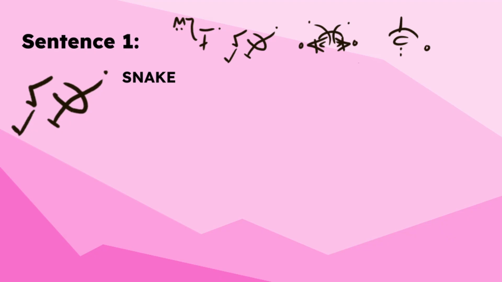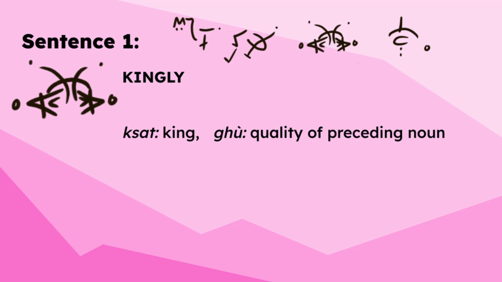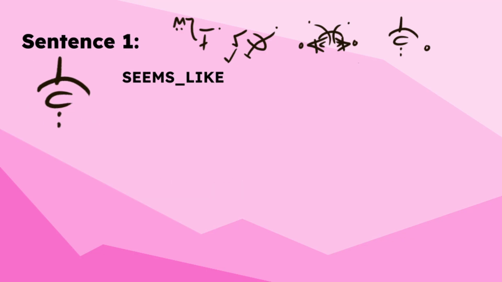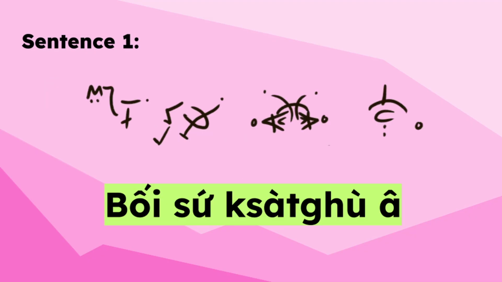Next is the sign for snake. The spoken word is su, which needs no change. Then there's this word, which roughly means kingly or noble. The best equivalent in the lexifier is to take the word for king, xa, and combine it with a particle referring to the quality of a noun, yielding xadhul. The low tone references the fall in brow height, too. And finally, there's a sign for seems like, which can be spoken with the root meaning similar. Thus, the complete first sentence,